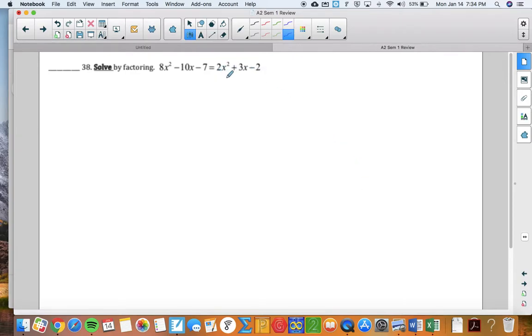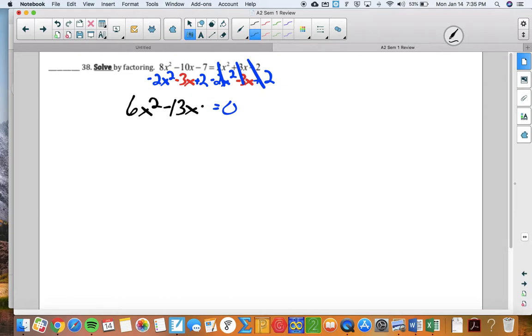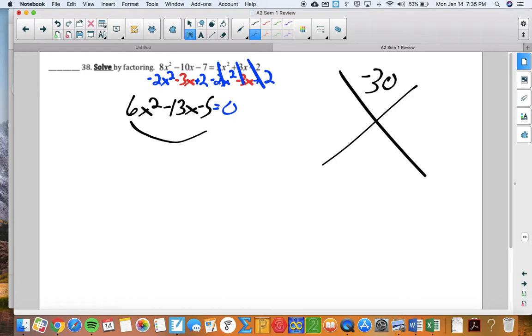Solve by factoring. Now, when we solve equations, at least with the factoring method and several others, we want them to be set equal to 0. So I'm going to set the right side equal to 0 by adding the opposite of each of them, so that these things cancel out. We get 0. And now on the left side, we have 6x squared minus 13x minus 5. So we try to factor this, looking for numbers that multiply to negative 30 and add